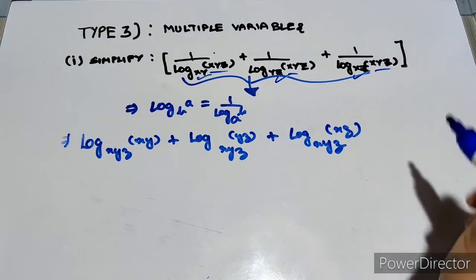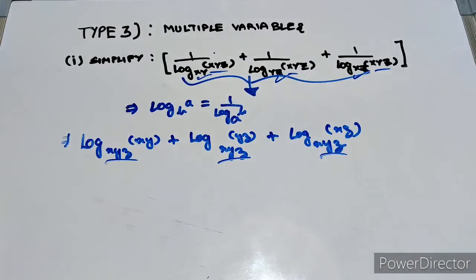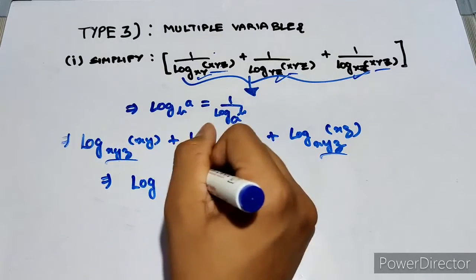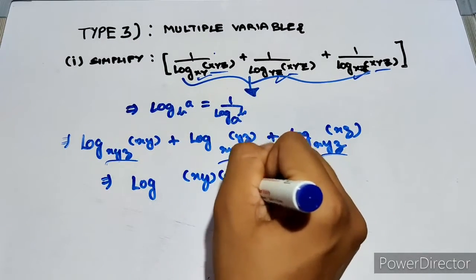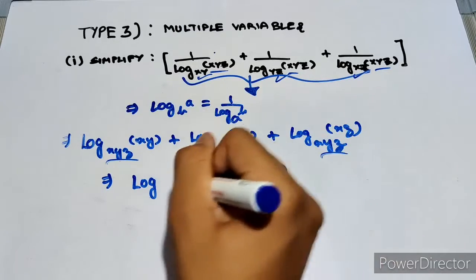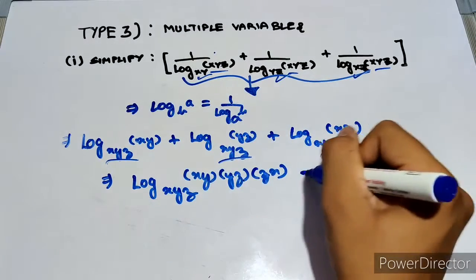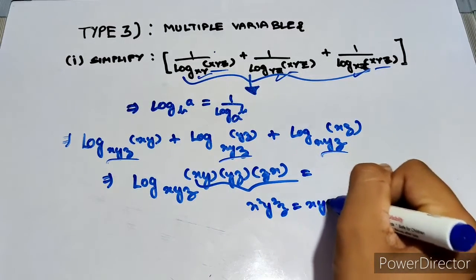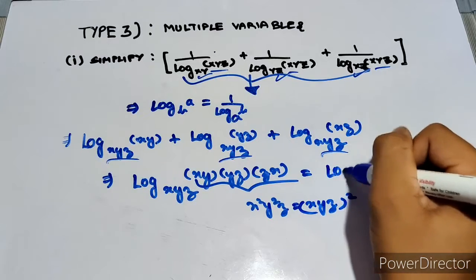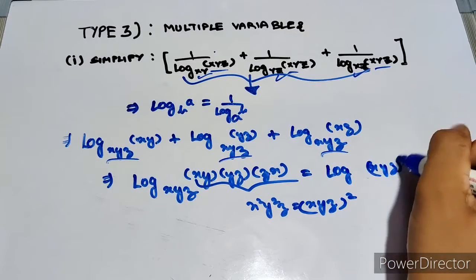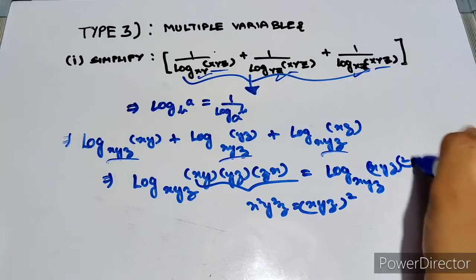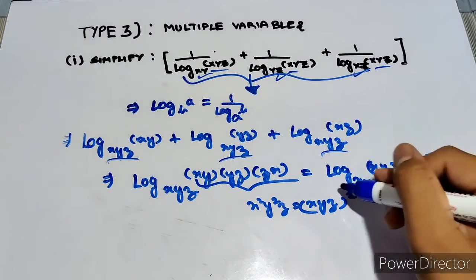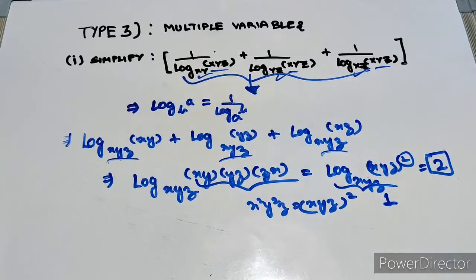Now it is a very easy question for us because the base is the same and we will use the reverse of the multiplication property. This will give log of xy into yz into zx to the base xyz. This is x square y square z square, which is xyz whole square. It will be log of xyz whole square to the base xyz. This 2 will come out here, so the answer is basically 2, because when 2 comes out, this thing becomes 1 and hence the answer is 2.